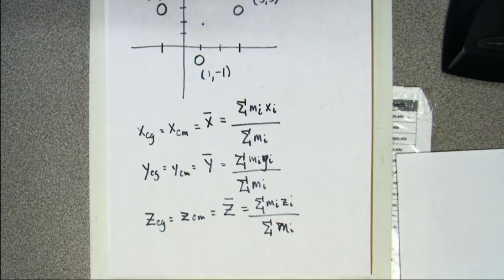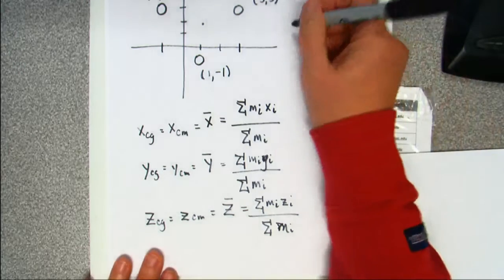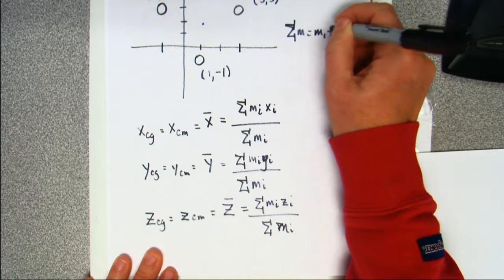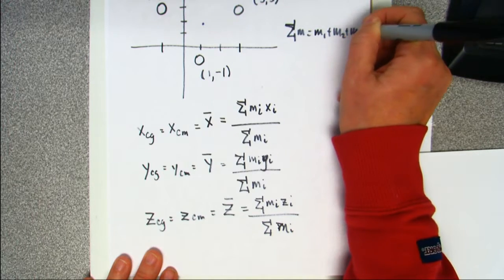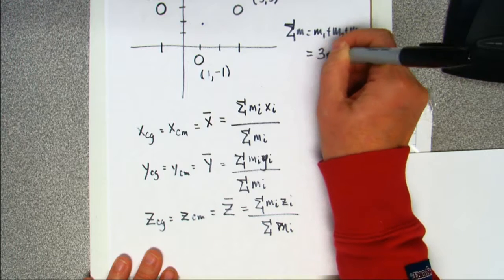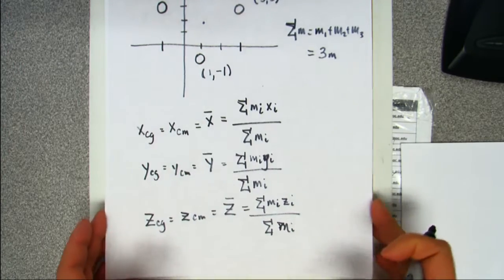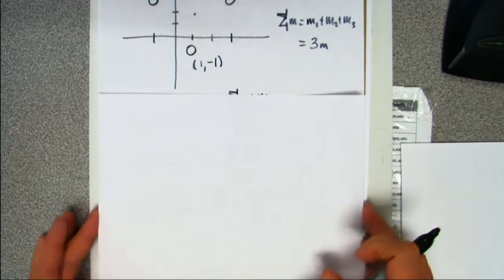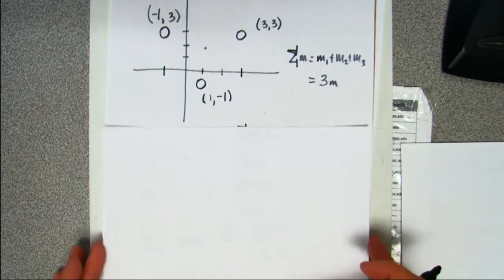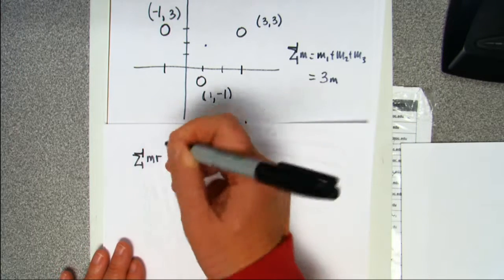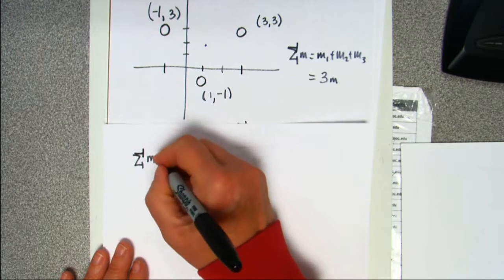So our total mass, if M1, M2, and M3 are the same, our sum of our masses is going to equal M1 plus M2 plus M3, which is just going to give us 3M, right? So I've got my subtotal masses there. So now I can actually calculate where the center of gravity is for this system by doing the sum of the individual masses times its radius, or in this case its x